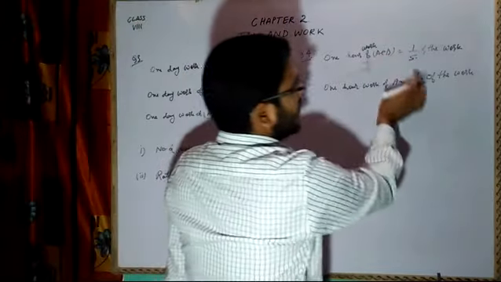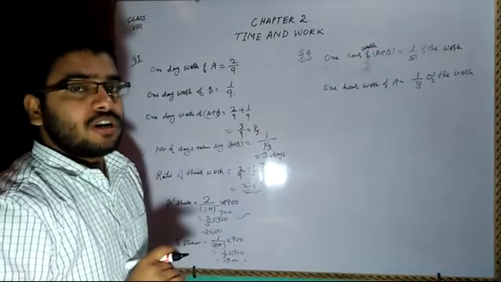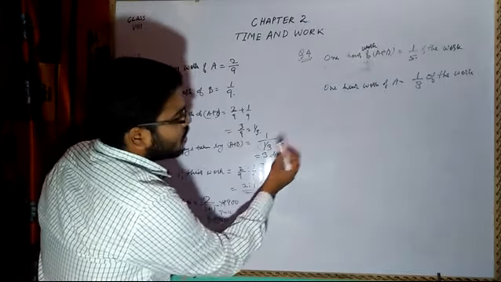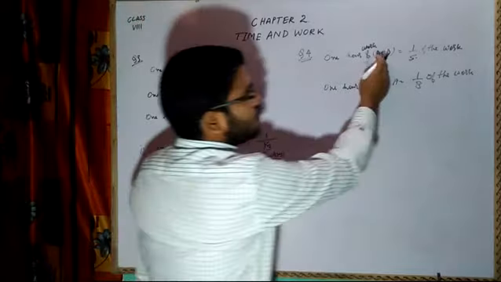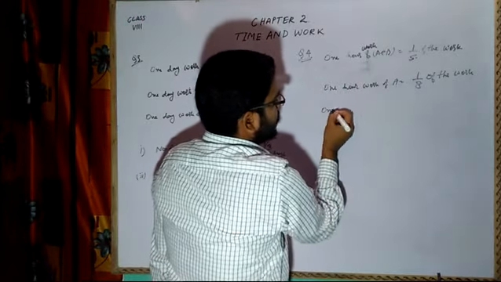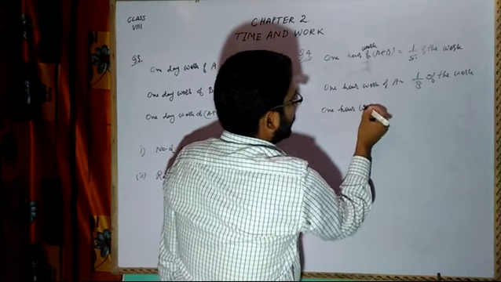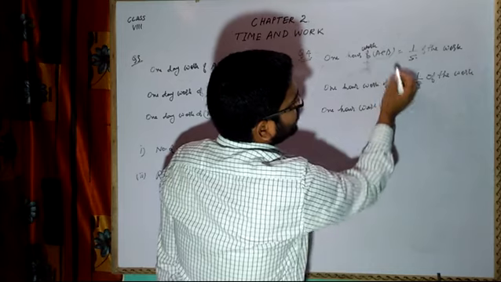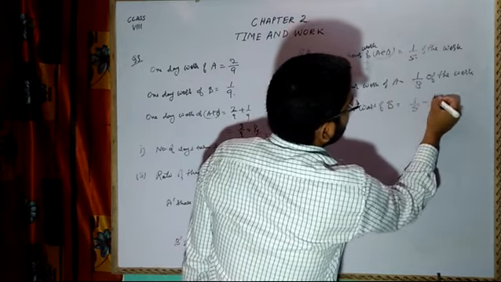A, B together, A alone. So first of all I have to take out B's work, because B is supposed to do the work. So according to the formula, whose 1 day work should go? B's 1 day work. Now to calculate B's 1 day work, what do I have to do? We have to subtract. So I will write 1 hour work of B is equal to A plus B minus A, which will be B. So I will write 1 by 5 minus 1 by 8.